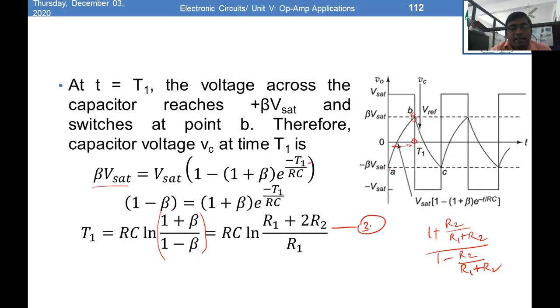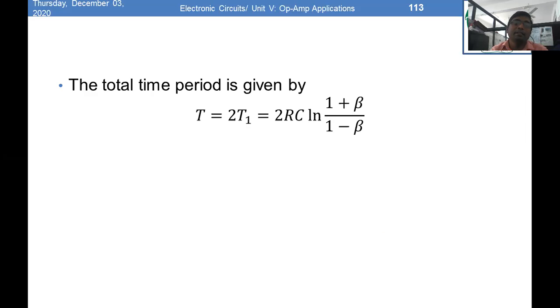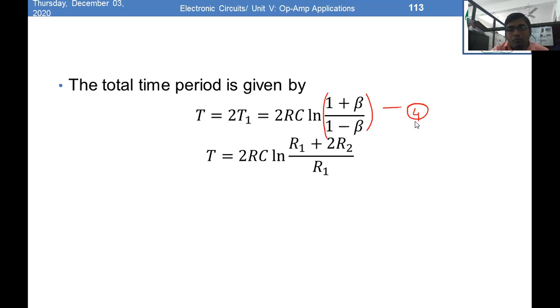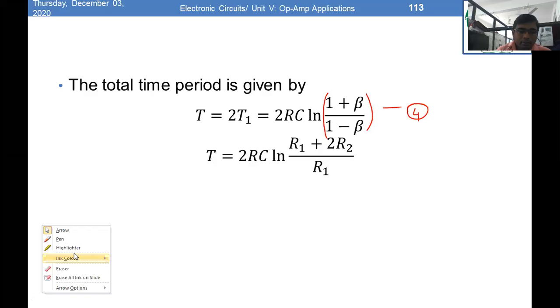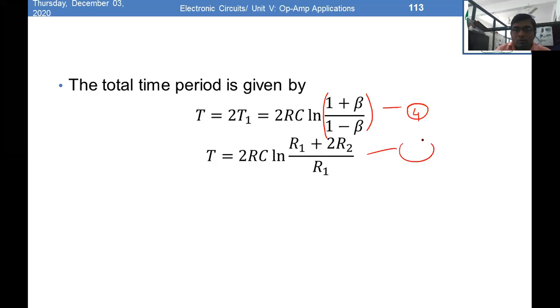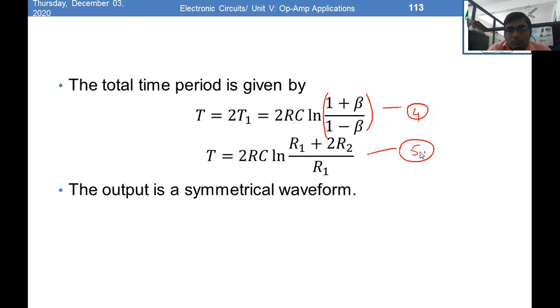So further you can write the total time period as T is equal to twice of T1, that is 2RC ln of (1 plus beta upon 1 minus beta). This is a very important equation to define the time period of the square waveform output, which would be further written as 2RC ln of (R1 plus 2R2 upon R1). And we see that in the waveform the output is symmetrical,